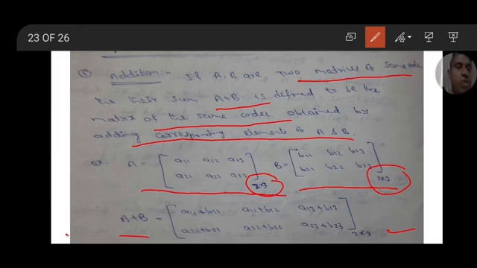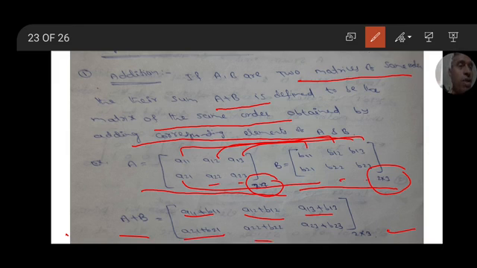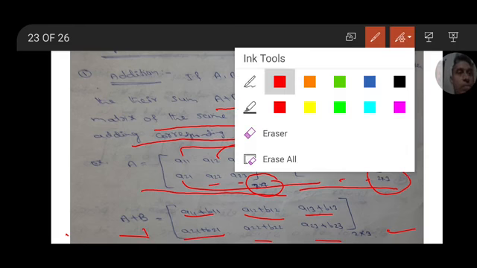We have to add corresponding elements: a11 plus b11, a12 plus b12, a13 plus b13, a21 plus b21, a22 plus b22, a23 plus b23. Adding corresponding elements gives A plus B. Okay, next,